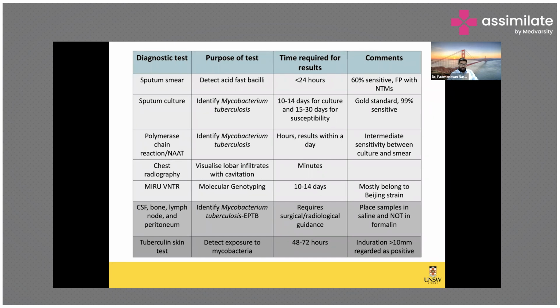Now, if you look at the first slide, I told you we're using old tools. So if you look at chest X-ray, which is very commonly used, it was discovered by Röntgen in the 1890s. And if you look at the tuberculin skin test, it was discovered sometime in the 1930s or 1940s. Sputum smear again, Robert Koch discovered this in the 1880s. So all of these tools are the mainstay of diagnosis, and you can see that we are using them even today. There has not been a lot of progress in terms of diagnostics.